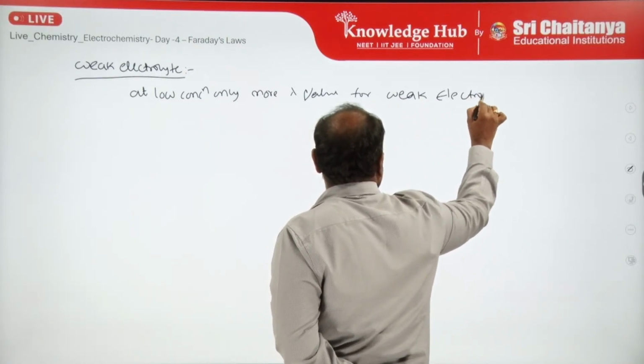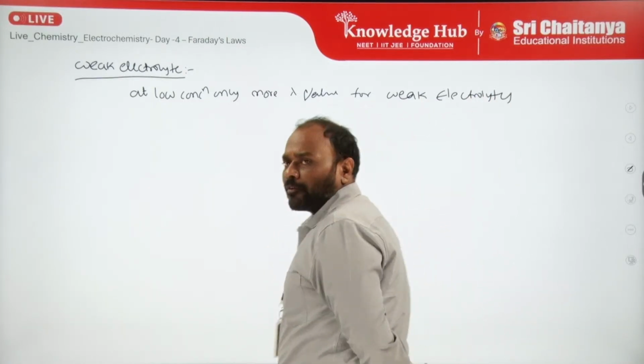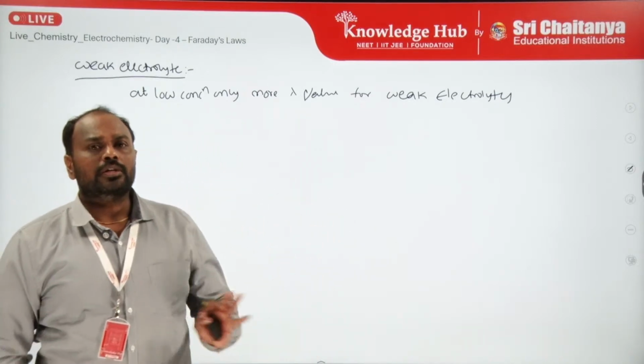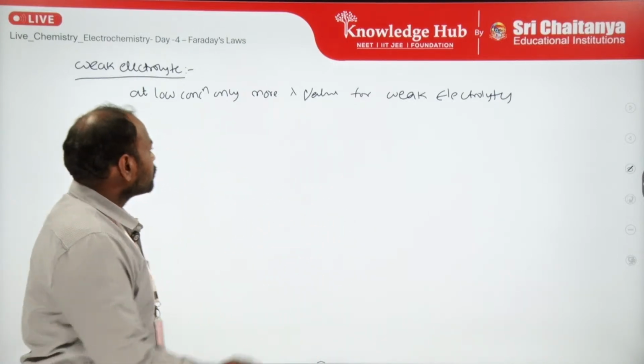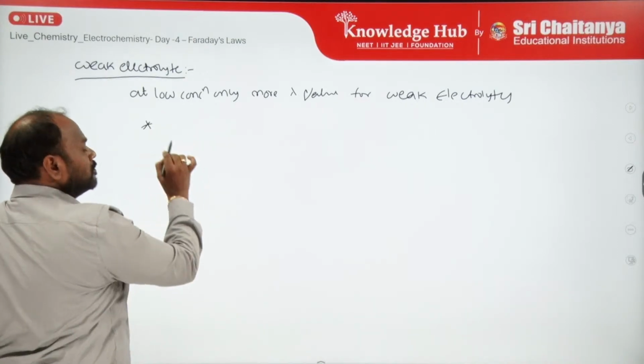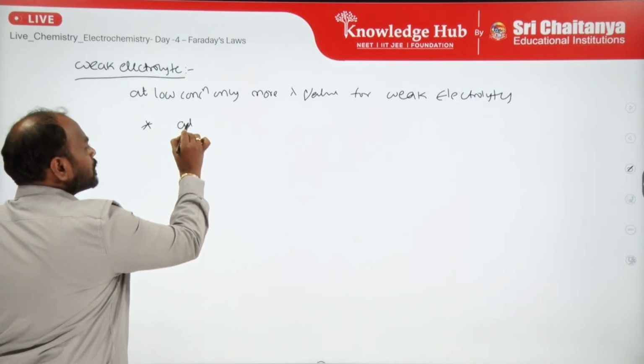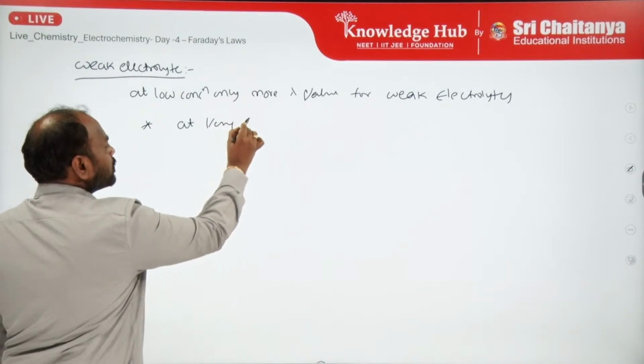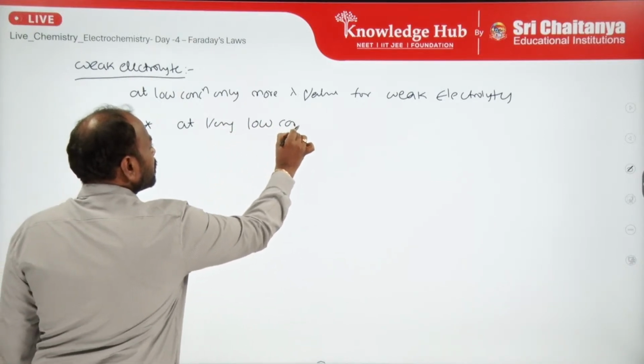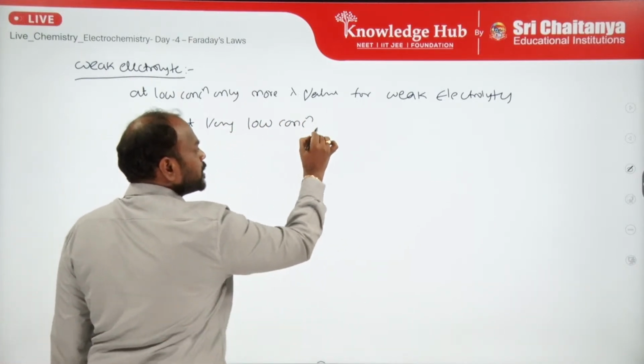For weak electrolytes, lambda value is more at low concentrations. So at very low concentrations, if lambda value is measured,